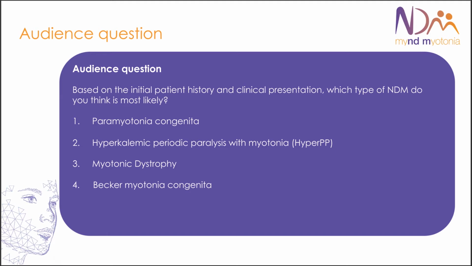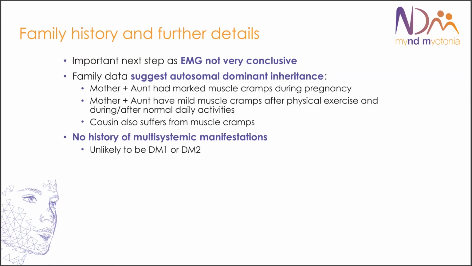Okay, I see there's some preference for Becker myotonia congenita, but it could perhaps also be Thomsen myotonia. I think the idea is not bad because in some patients with chloride channel myotonia, the warm-up phenomenon may be very mild. But I will go further to give you some more details which may help to find the right diagnosis.